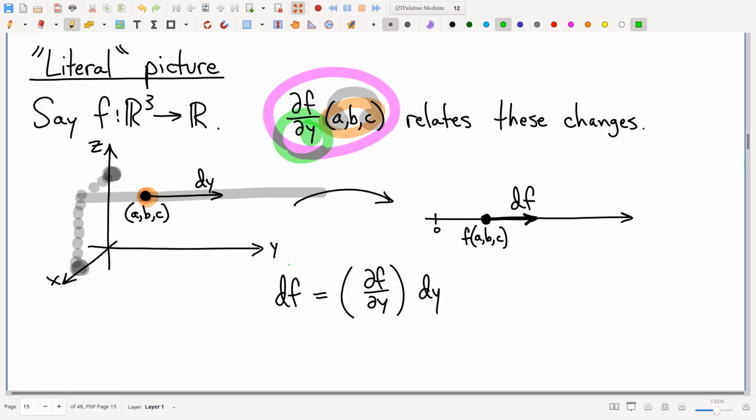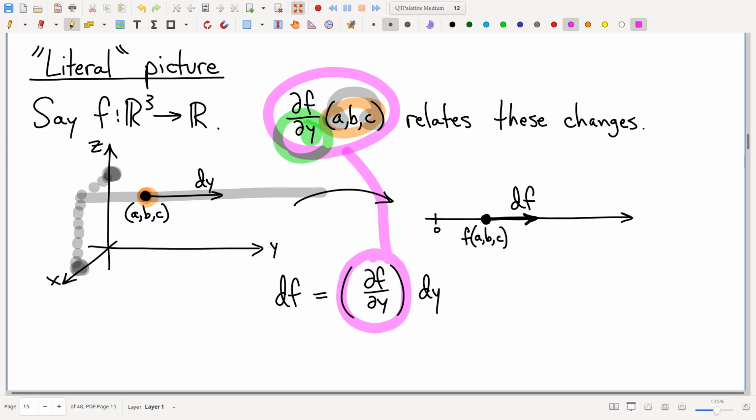Alrighty. Now let me remind you of an old fact from single variable calculus. In single variable calculus, a derivative is a factor. It's what you multiply by input change to get output change. I hope you all remember that point of view about single variable derivatives. It's a factor that multiplies by input changes to get output changes,